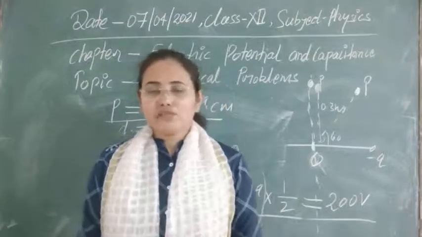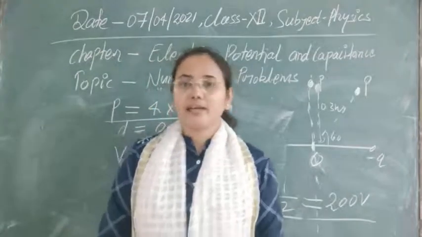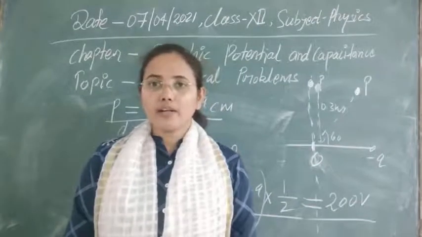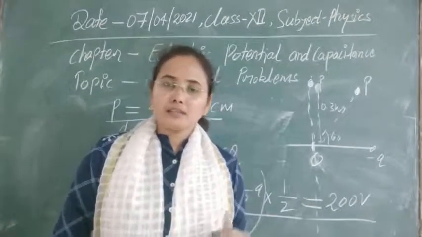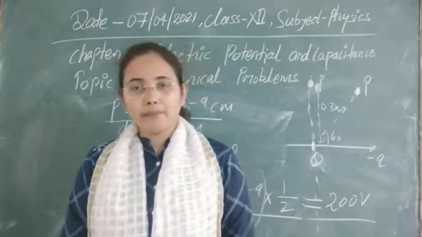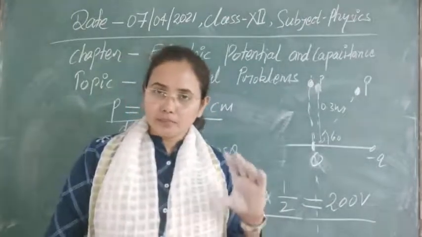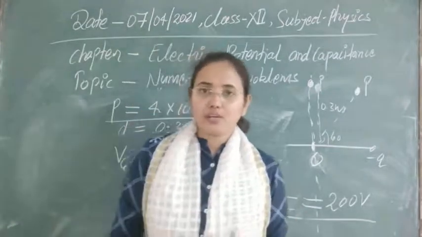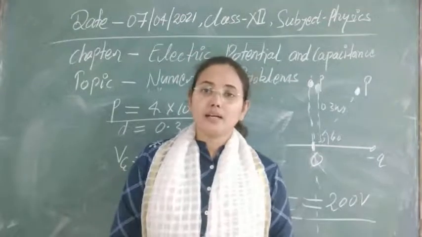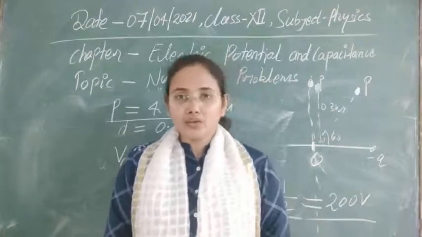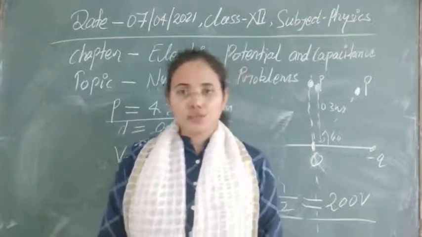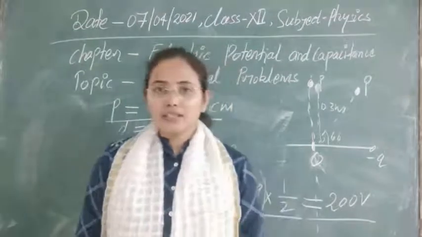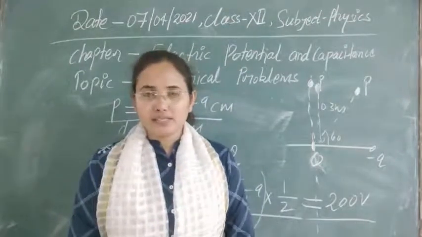Like in the case of a system of charges, we can have charges on any triangle or any square. Such types of systems you can have, and you can solve them all. Later we have discussed the Faraday cage and electrostatic shielding. These topics are very important for the case study problem, as in the previous year sample paper the Faraday cage was the problem in the case study. You can also focus on the topic where you can use the electrostatic properties of a conductor in your daily life. Such kinds of case study problems you can have. All the things we have discussed today are now clear.